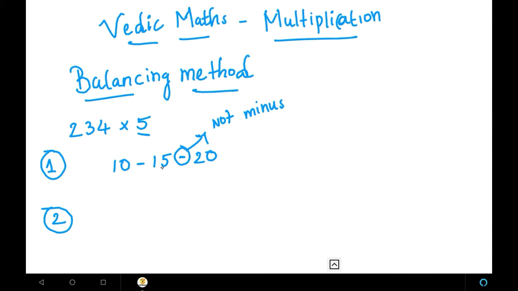So we have got 10, 15 and 20. We said that the rightmost number should be left. So 20 should be left. In the 20, the first digit should be left. That is 0. 0 should be left, and that will be the unit digit. That will be the ones place of the answer.